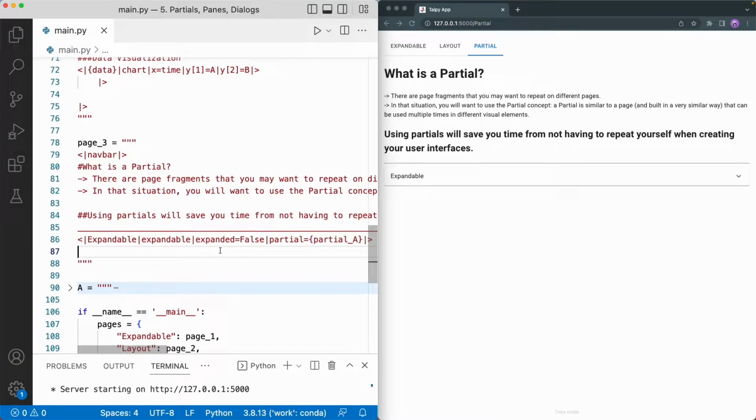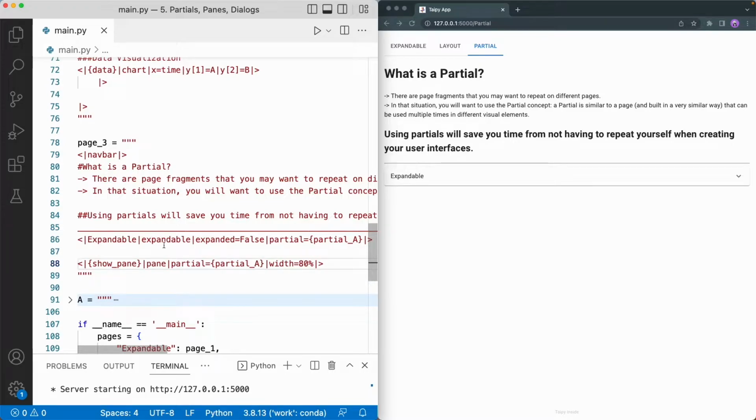Here's the general syntax of adding a pane visual element. We first need to create a Boolean variable that equates to true if you want to display the pane and false otherwise.